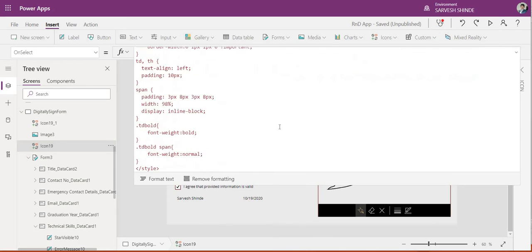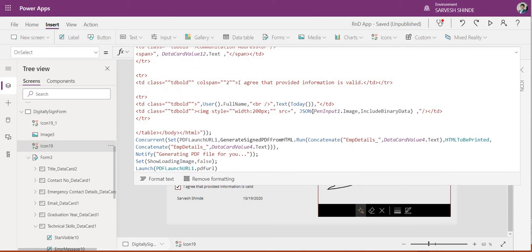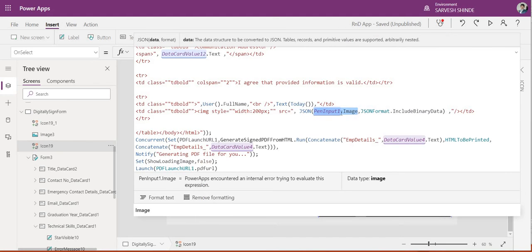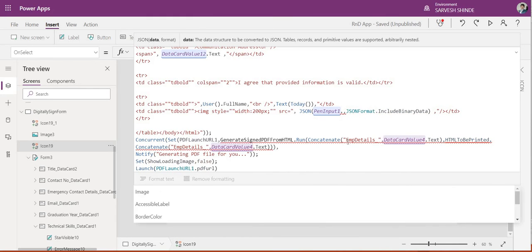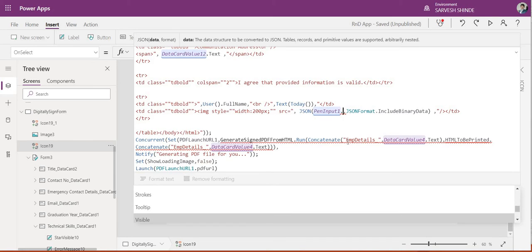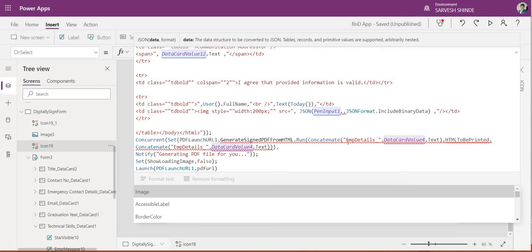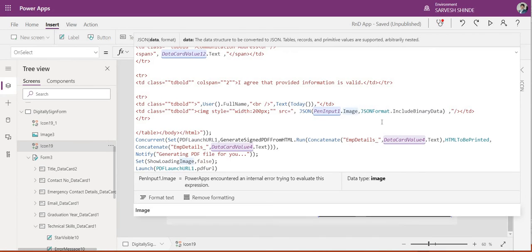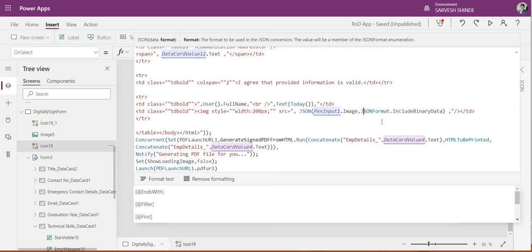In our code we are using a JSON function to get the content of the pen input control. When you type PenInput1 you will get all these properties you can access. We need an image from this pen input control, and the second parameter we are using is JSON format include binary data, because this is an image and we need to transfer this data as binary data to our flow.